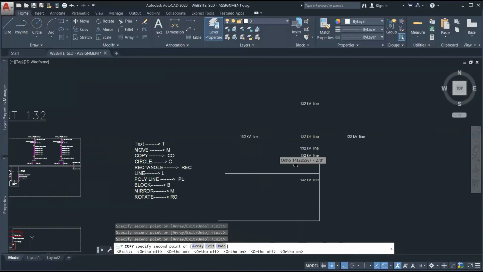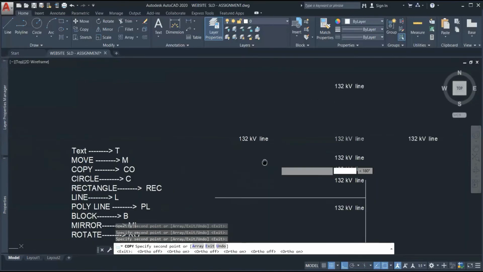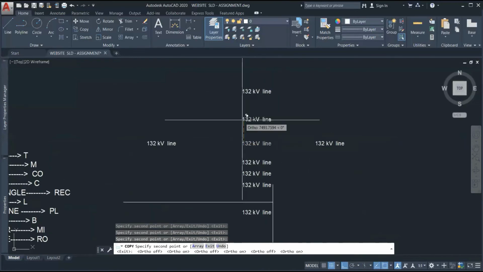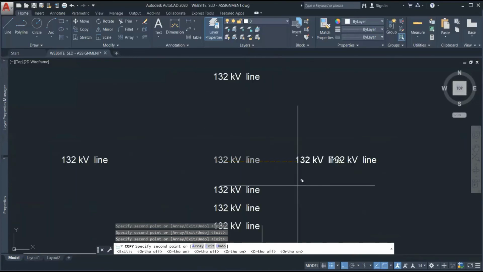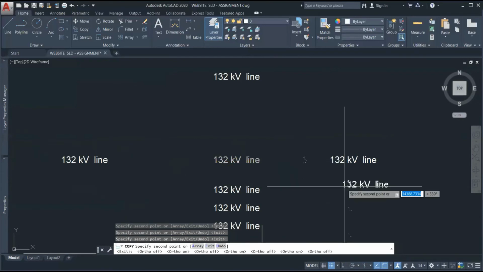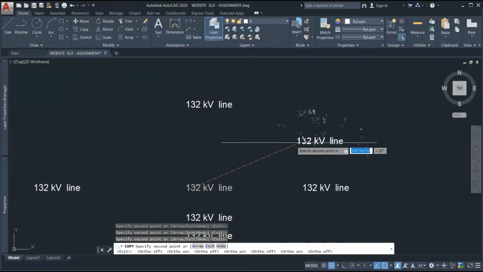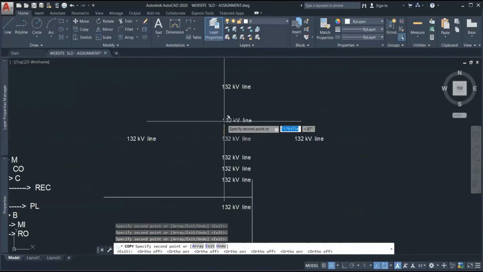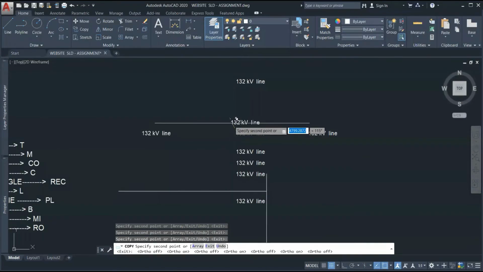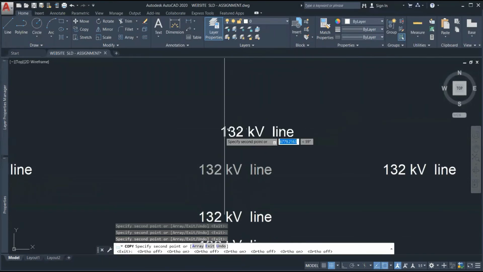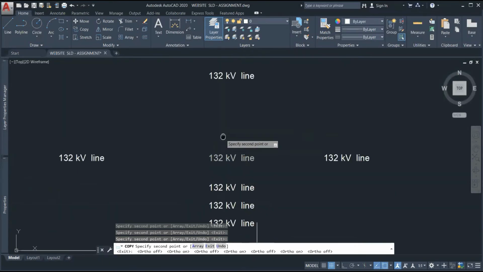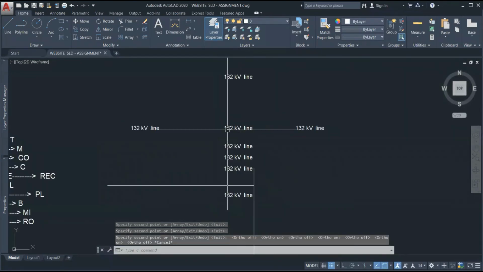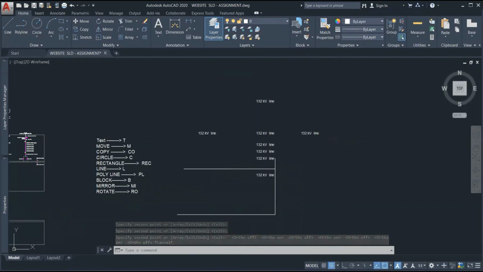So if you are drawing some layout, and it is behaving like that, don't be afraid. Just use this toggle button, turn it off, and you can use freehand to place this object anywhere. Okay, if you want to go out from this command, just press Escape and you will be out from this command, right? So this is how we make a copy.